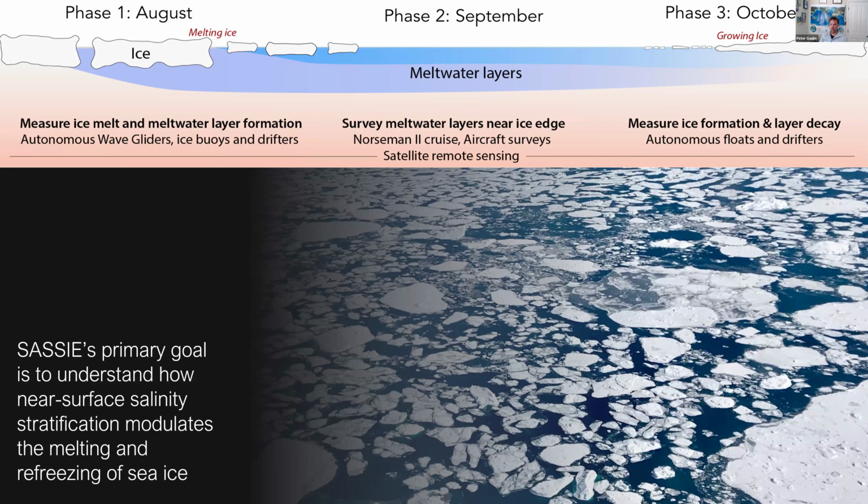When possible, we were joined by an airplane flying in from Deadhorse, Alaska, that had the PAL sensor, which is a passive active L-band radiometer that gives us measurements of salinity. And so we have salinity measurements from an airplane along with this. And then we left a number of assets there in the ice to continue to make measurements into freeze up.